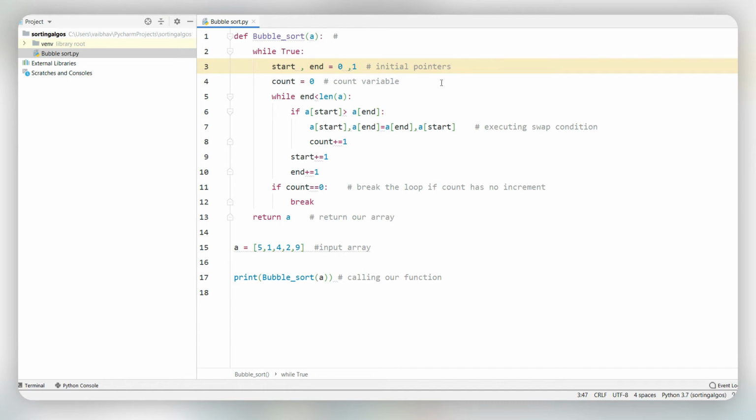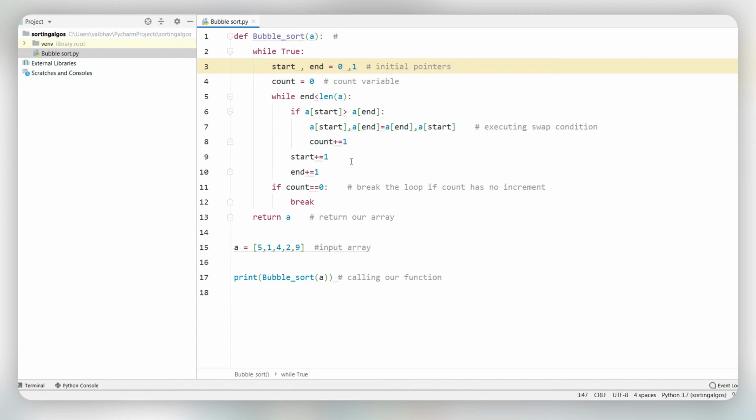Okay. Now one more time, an inner while loop with the condition until end is less than the length of array. So if anywhere the value at start is greater than the value at end pointer, then we'll swap them. And the count variable will get incremented by 1 and count the number of swap executions.